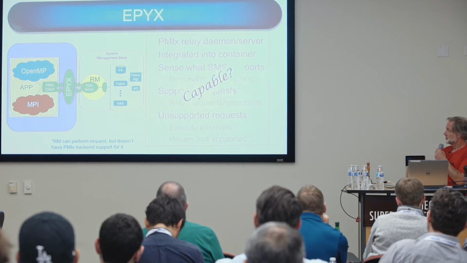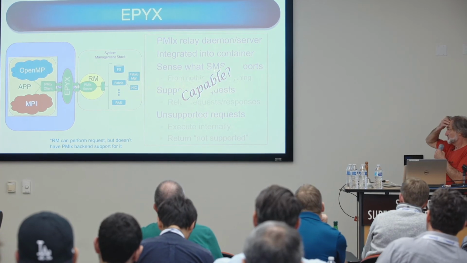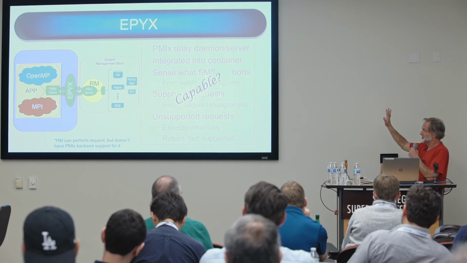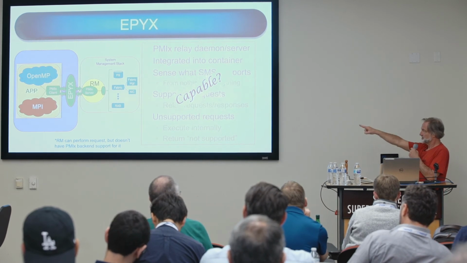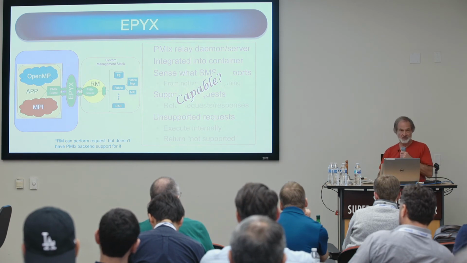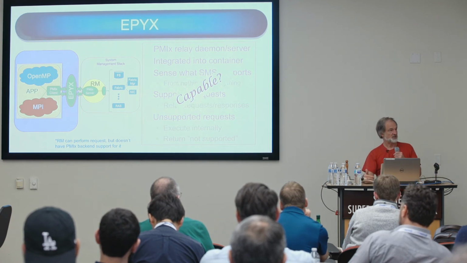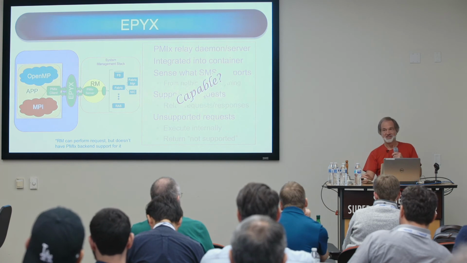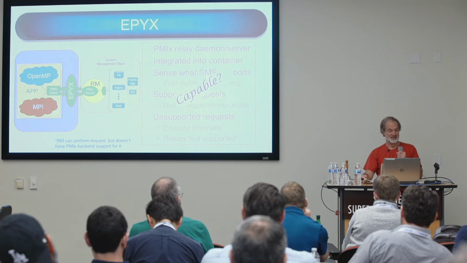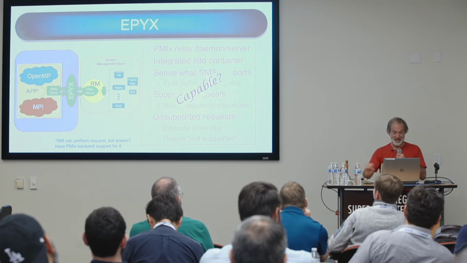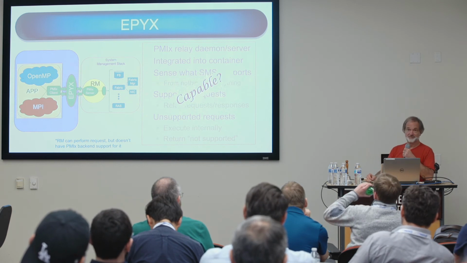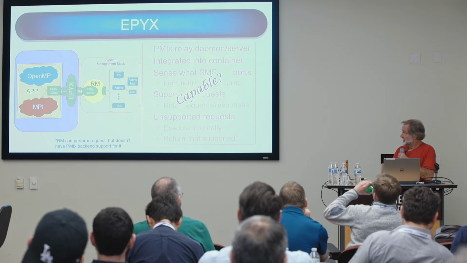So that means then what do we do about this situation, which is where the system management stack is able to do what you asked for, but the resource manager did not integrate that level of support. In PMIx, the way you get the resource manager community to agree to support you is that you say you never require them to do anything, right? So you don't have to support any given function. You can always say not supported. So, okay, what do we do in that scenario?